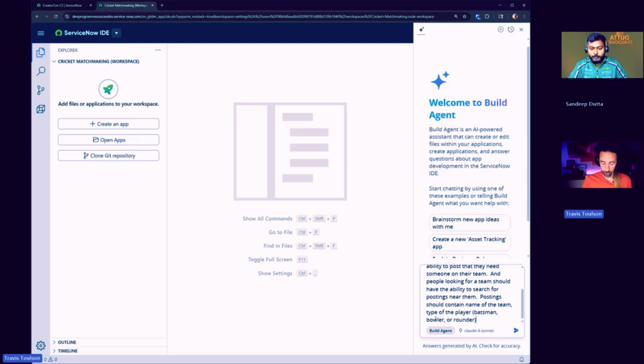Should contain the name of the team and probably a location too. Create a UI for the people that are searching for a team. So we'll create like a